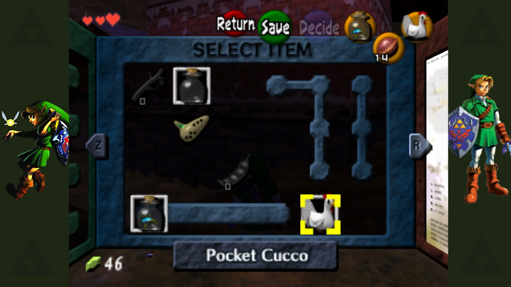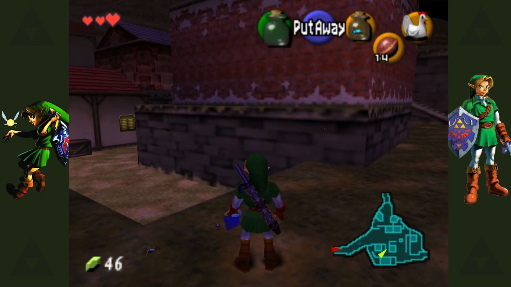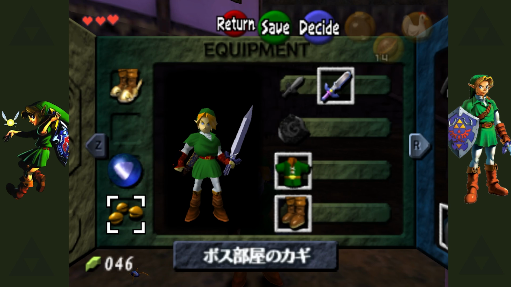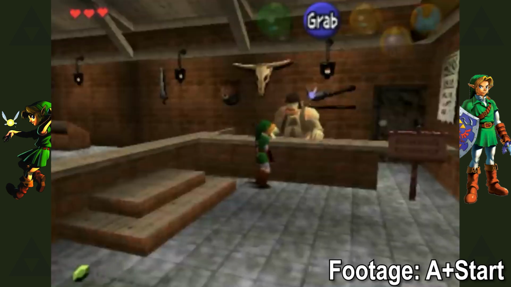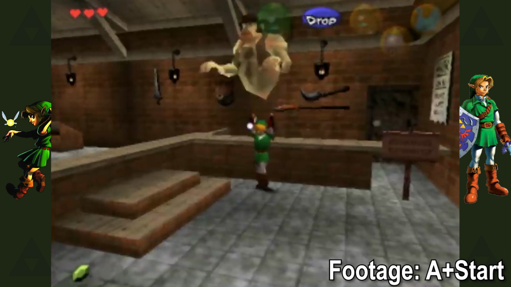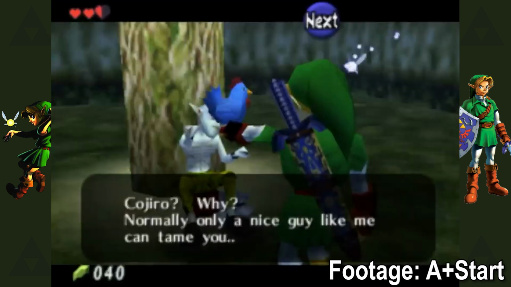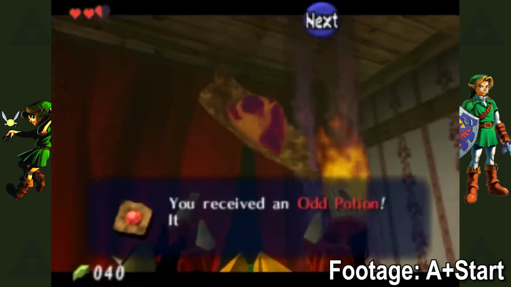An example of how it works is with the cuckoo we got earlier, as by using the bottle on B, we get the adult wallet, and then when the bugs are caught again, we get the black gauntlets with strength of the golden gauntlets. The amount of things you can do with this glitch is crazy, as each item offers up new possibilities. And as mentioned earlier, the strongest line starts with the Cuckoo quest, as it eventually leads to